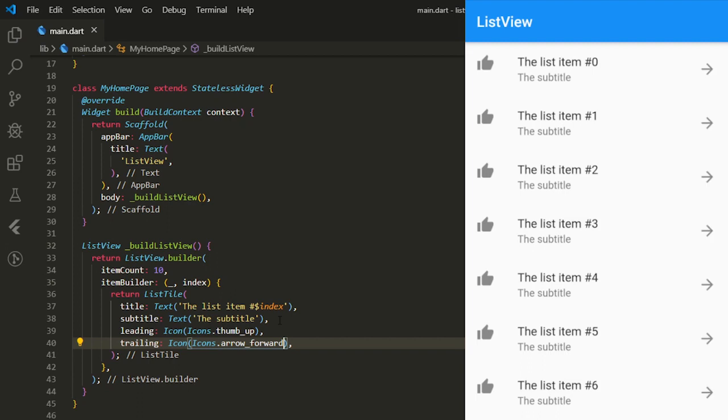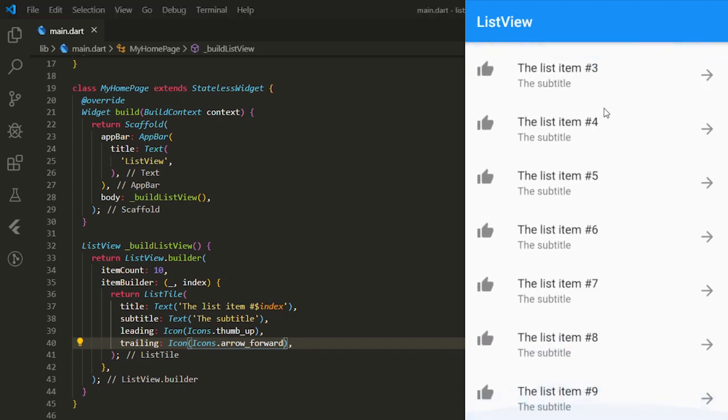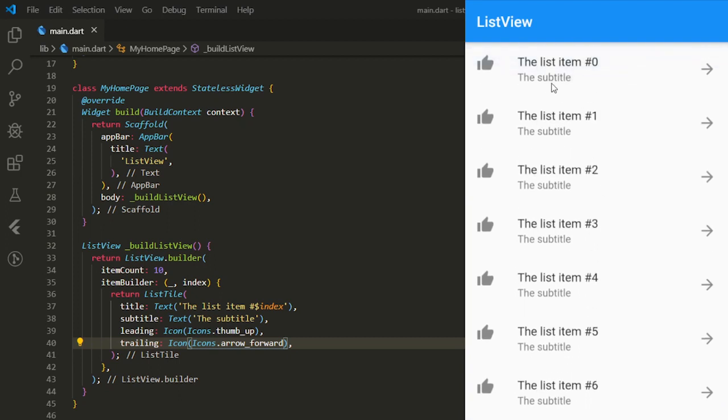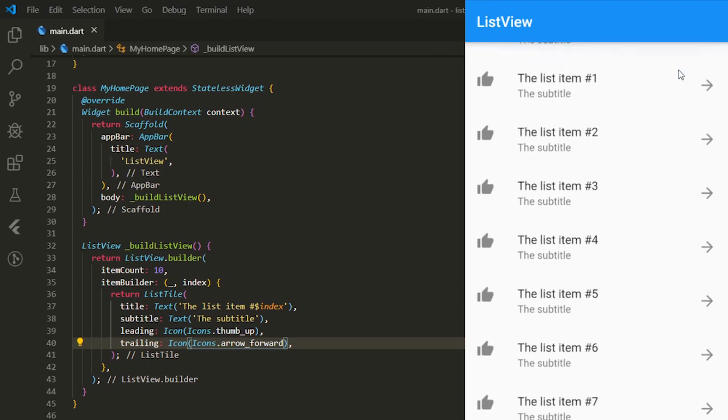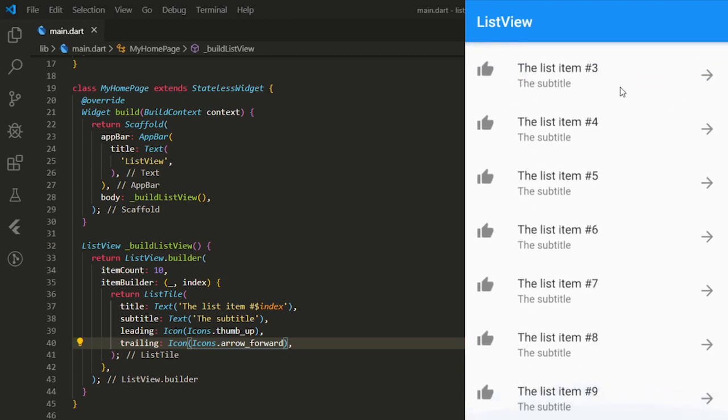Bravissimo, bravo, wow, you did an amazing job. Congratulations, you are a professional Flutter developer. That's amazing. We have the very beautiful UI. We have the list title, we have subtitle, we have leading icon, the trailing icon, and we have no functionality. This is very bad. We can't make this mistake. We have to add something to do for our elements. And one of the best things we can do in here is